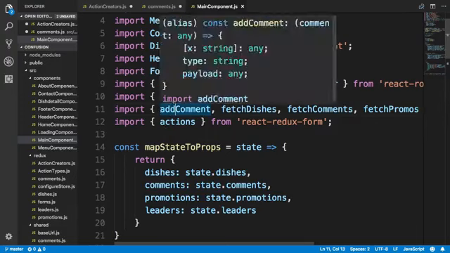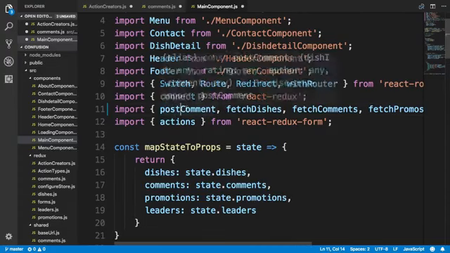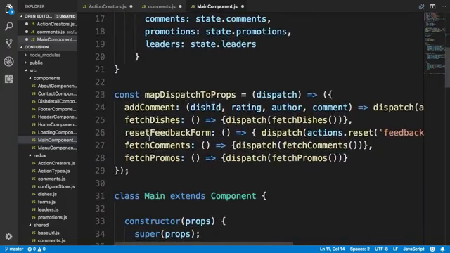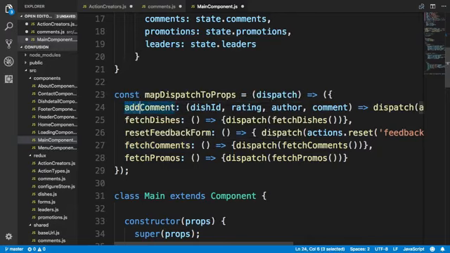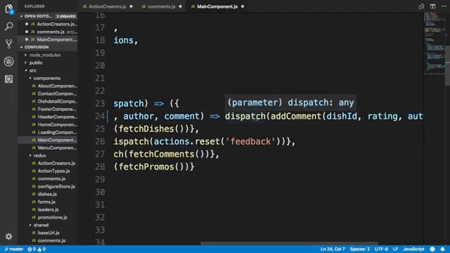Instead, if you want to add a comment, we will post the comment. So we'll just say post comment. The add comment itself will be used by post comment in order to add to the database. So we'll say post comment here, and then we'll come down to the method definition here, and then instead of the add comment, we'll change this to post comment. So post comment, dish ID, rating, author, comment, and this will dispatch